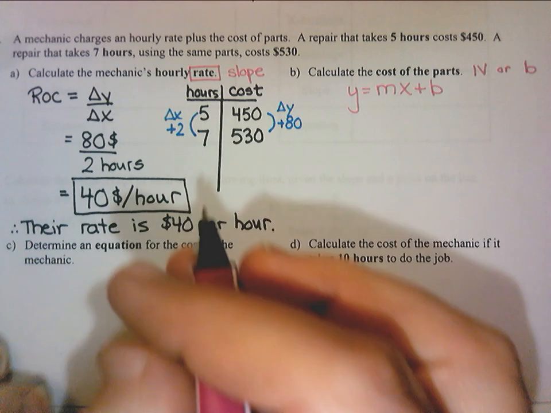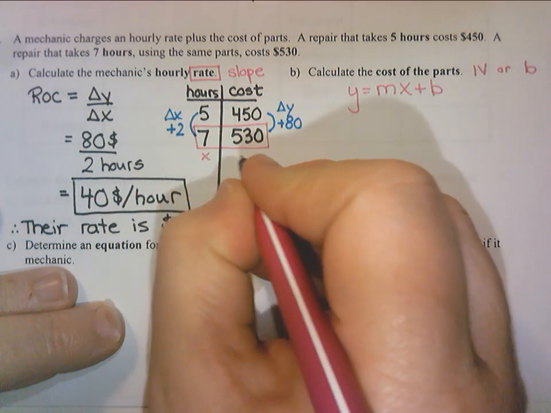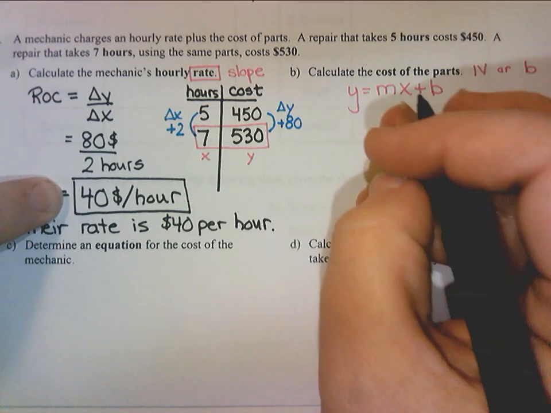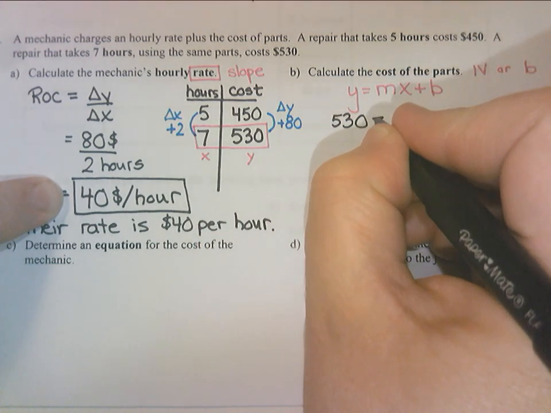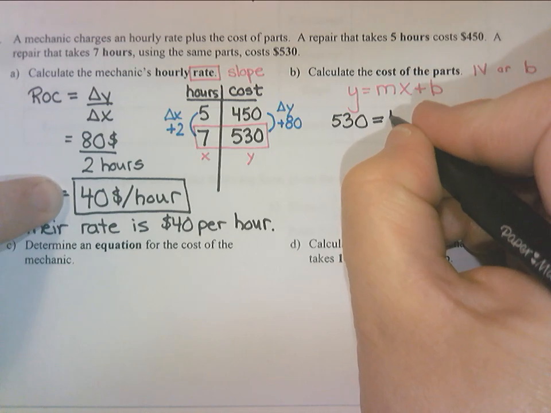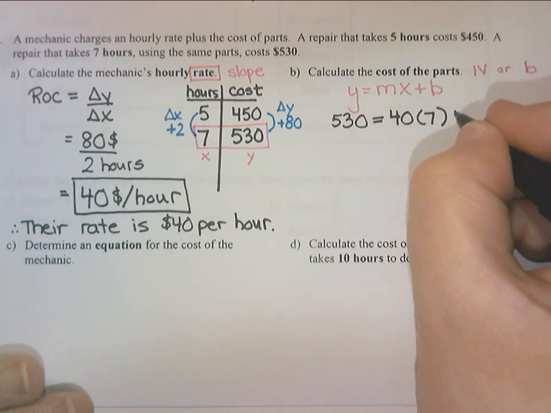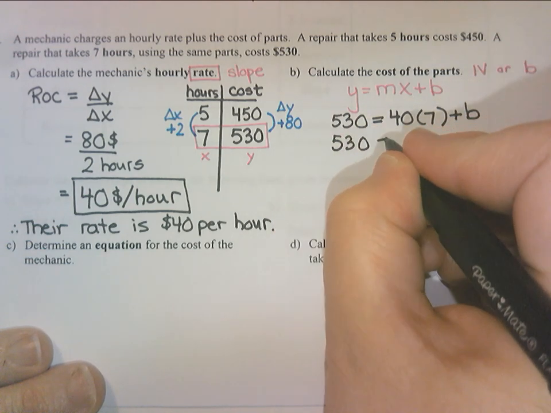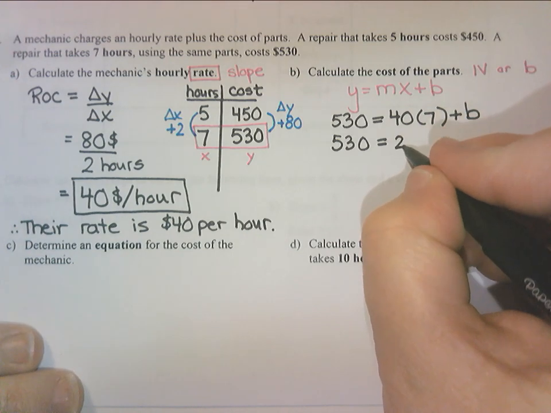I think I might pick the 7 and 530 just because they're on the bottom. This one's the x, this one's the y. And I already know that my slope is 40. We just calculated that. So my y value is 530 equals m, so 40, times x, which is 7, and then plus b. So 530 is 40 times 7 is 280